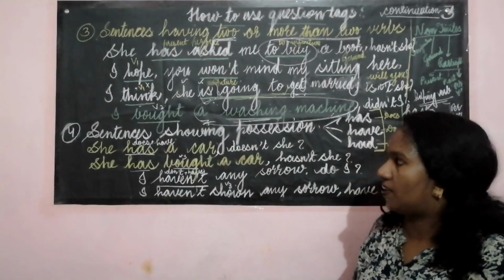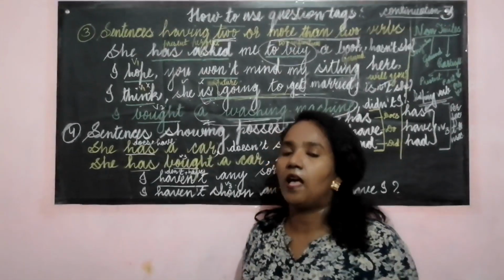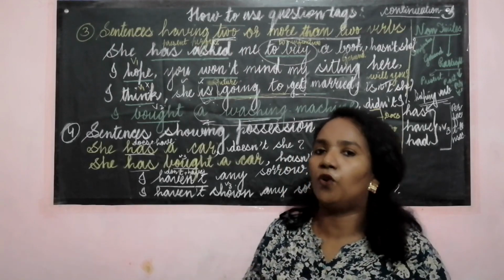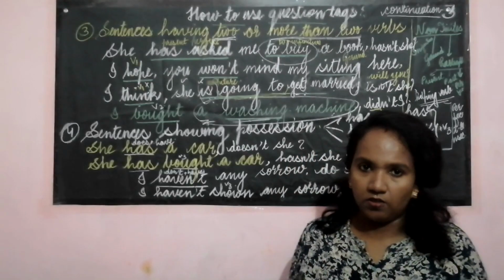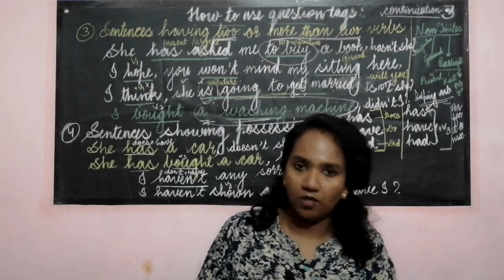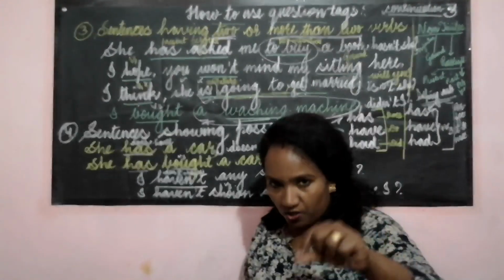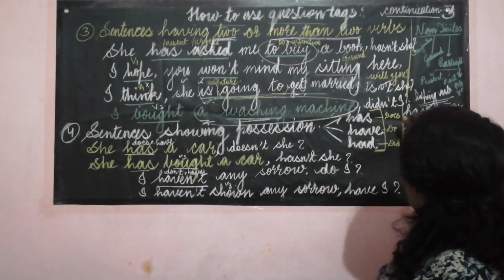And the next kind of sentences, sentences showing possession. We have already discussed has, have, had. We can use these independently in a sentence for showing the possession. I have a house. Means I possess. I do possess a house. In this way, when has, have, had are used as possessives, we can also use these as helping verbs